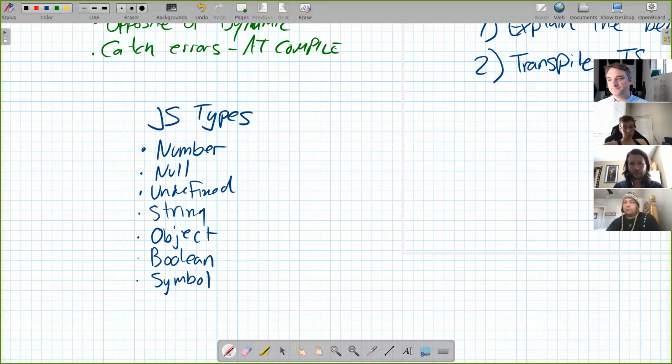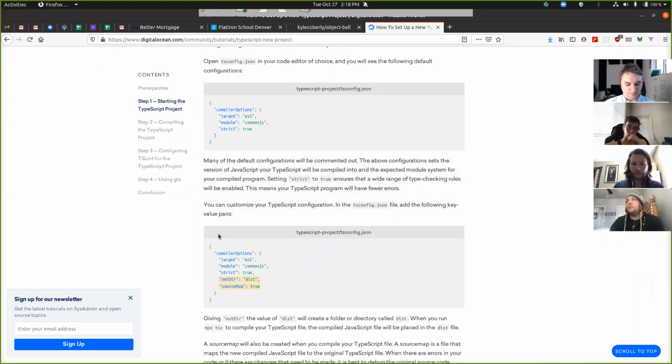Kyle, what about arrays? What about functions? What about promises? So all of those are subtypes of object. They're not their own, what we call primitive types. Yeah, I was looking at some docs, and I guess it's W3 schools. Maybe the way that they have it structured here on this page is a little misleading, but it does have like array listed as if it's like its own type. It doesn't have it as like a subset of object, but